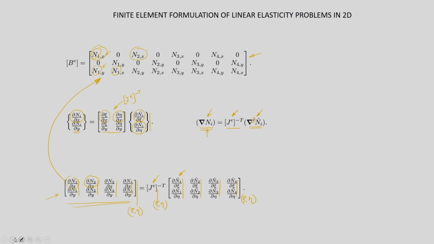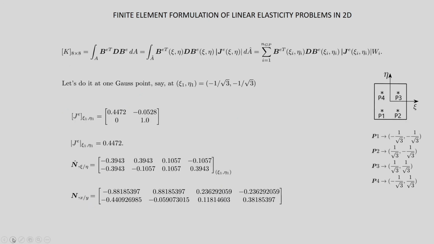Now, once we have calculated the value of the B at a given point in the master element, let us calculate the stiffness matrix. How do we do that? I have written the expression for the element stiffness matrix, that is B transpose D B. Here the letters are bold just to denote that they are matrices. So, B is a function of xi eta that we have already calculated. This D is a constant, we have shown it for the plane stress case.